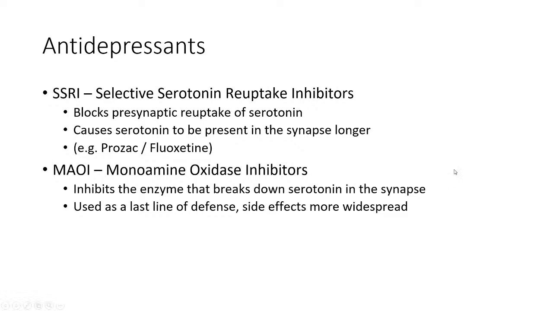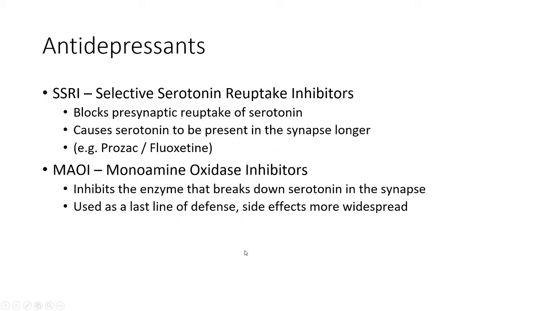At serotonin synapses, we have another enzyme called monoamine oxidase, which is going to break down serotonin and remove it from the synapse. A monoamine oxidase inhibitor is going to block that enzyme, monoamine oxidase, and prevent it from breaking down the serotonin, which keeps serotonin in the synapse for longer, which helps us stimulate the postsynaptic neuron longer and elevate our mood. But it's used